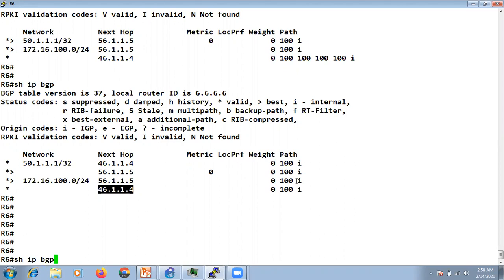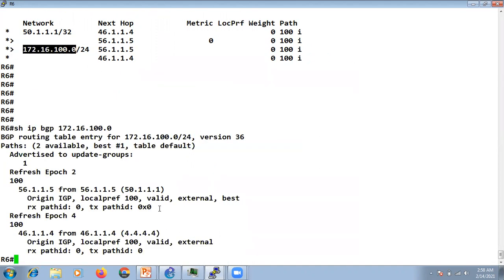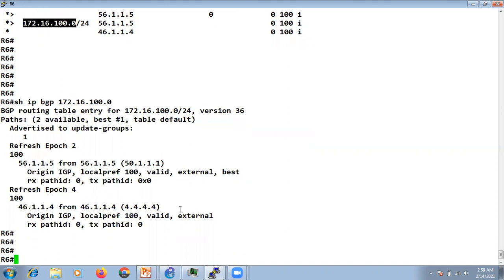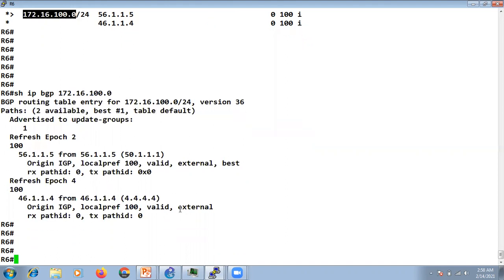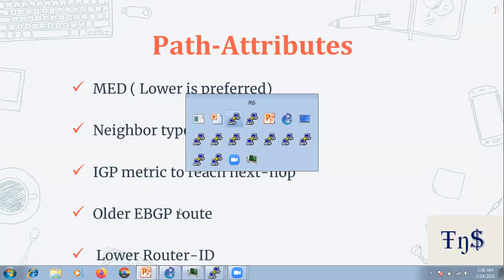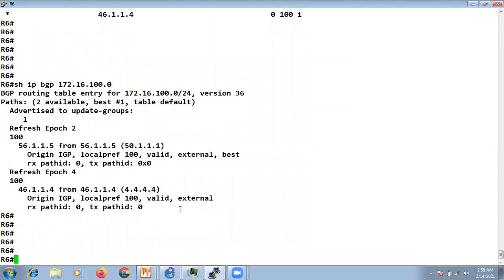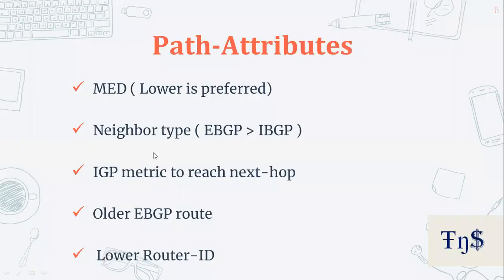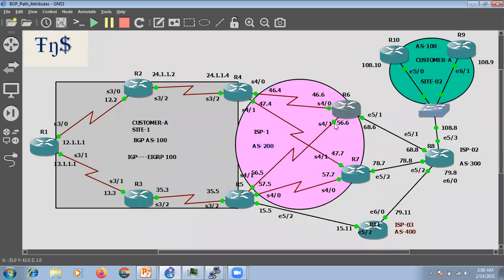If I open this route, show IP BGP, right? So this value is also the same. It is not going to compare this, right? Because we are not running any IGP between these two devices. Between here we are just running a directly connected neighborship on this link.